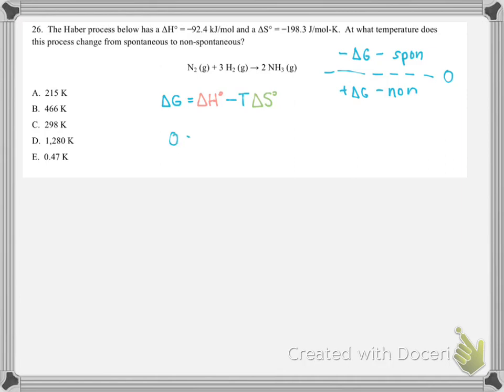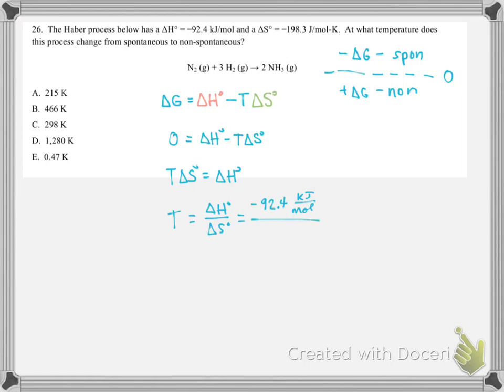And so if we say 0 is equal to delta H minus T delta S, we can rearrange to say that T delta S is equal to delta H. We can divide and say temperature is going to be equal to delta H divided by delta S. So we're just going to plug in delta H and delta S, but we need to make sure the units match, because enthalpy is given in kilojoules per mole and delta S is given in joules per mole Kelvin. So I'm going to leave enthalpy in kilojoules at negative 92.4 kilojoules per mole